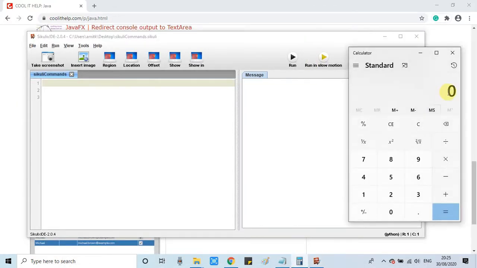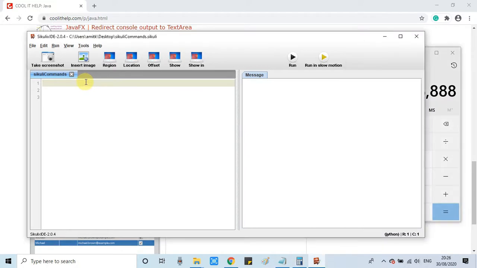So I first prepare the case: I have just typed 7 times in this calculator, and my script will execute until we type this number.